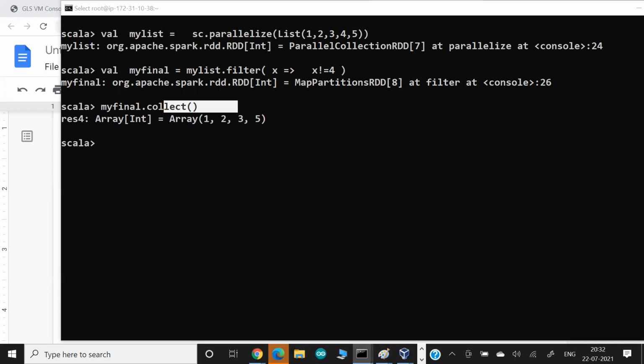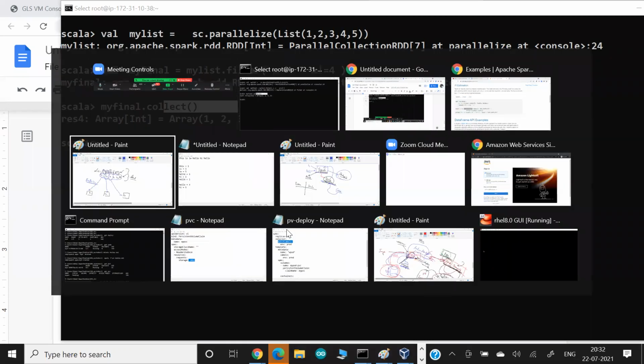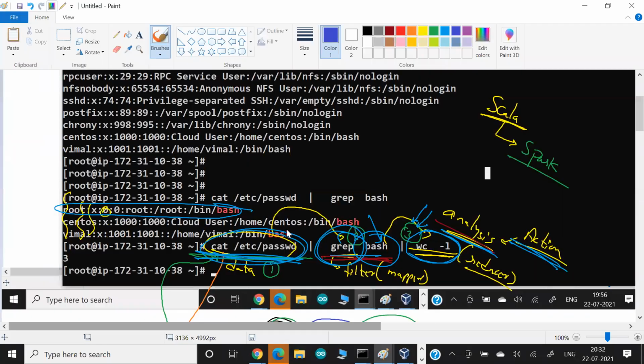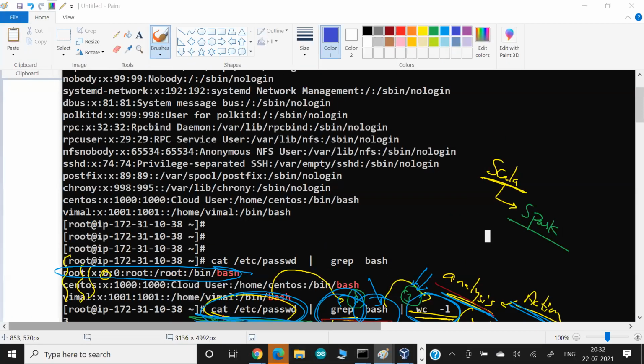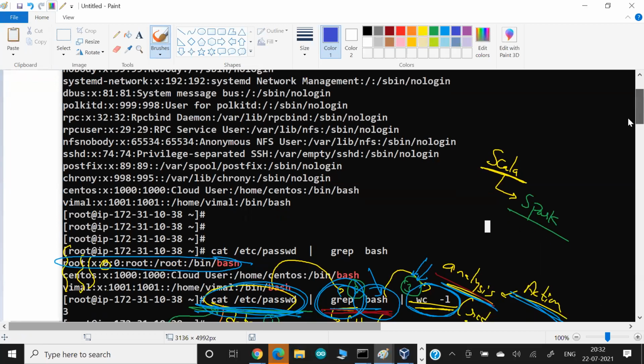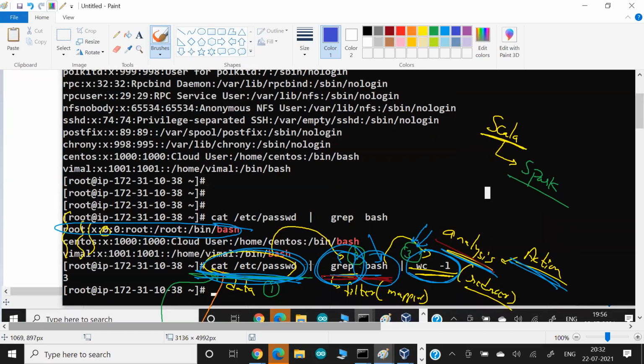Why are map and filter different? Just one thing, if you have data and you're searching some part, for example, in this example, grep is the one which is filtering, searching for best. This was for filter. But if you have any data, for example, maybe I have data called no login, I will change no login to login.